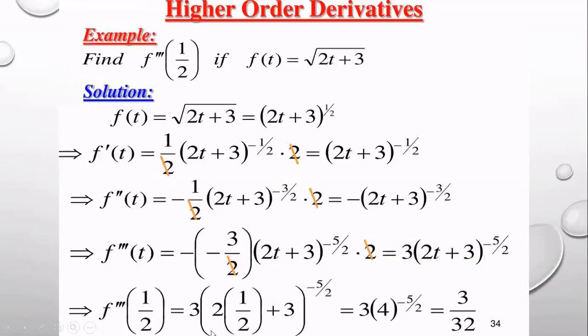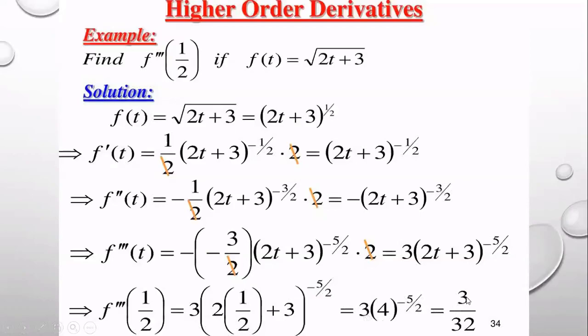Then what they given, f3 dash, assume this t should be half. So f3 of half means t, you will assign the value of t as half. You see 3 into 2t, 2 into half plus 3 again, into 5 by 2. So it is the value, 2 cancel, 1 plus 3, 4 into 5 by 2 into 3, which should be